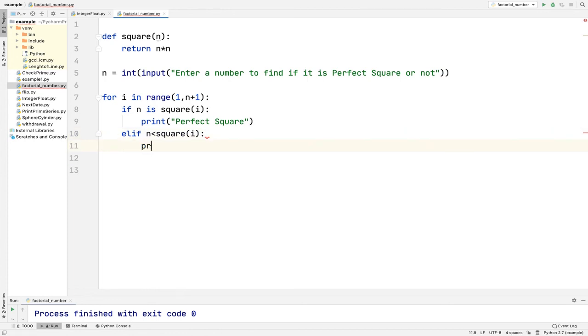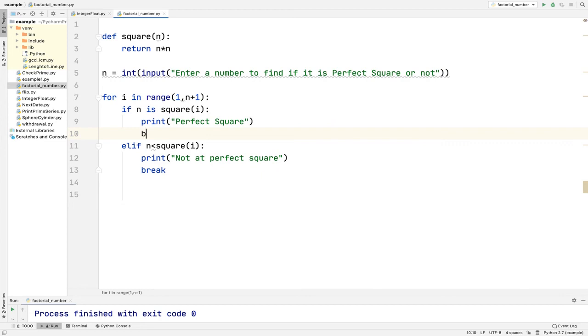So when your square reaches a value greater than the entered number, then you will print not a perfect square and then break. I forgot to write break before also. As soon as you find out that something is a perfect square or not a perfect square, you will not keep repeating the loop, you will just stop.